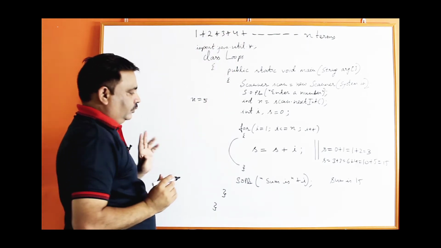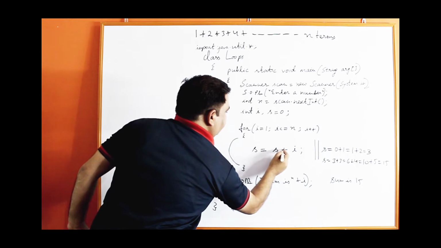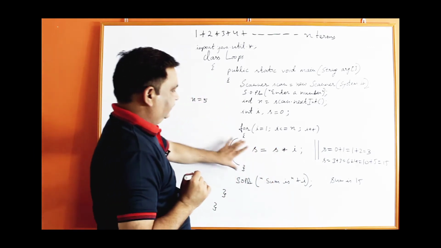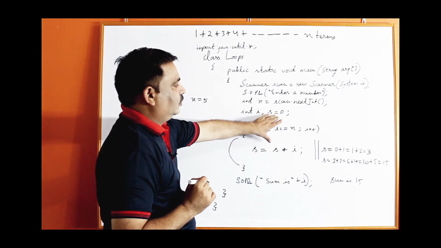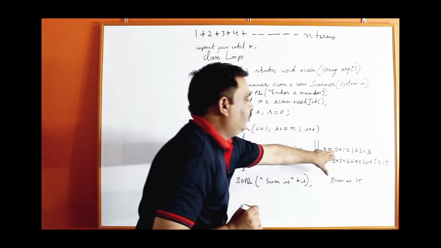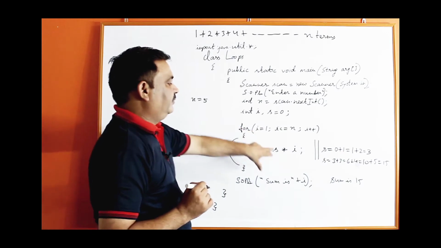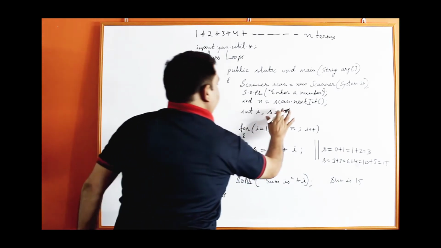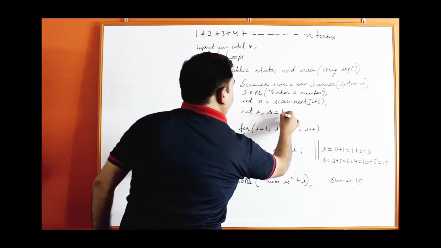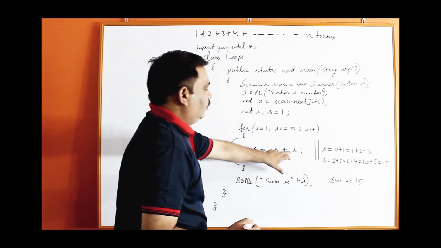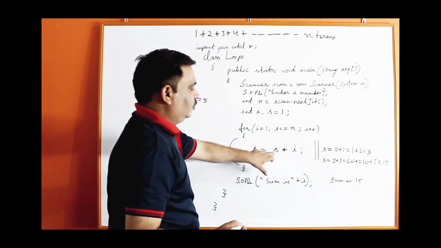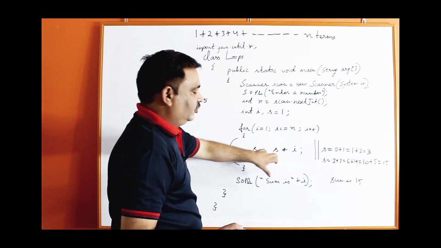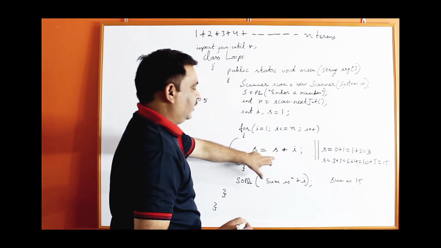Two changes you have to make here. First, in place of plus you have to write the multiply sign, but here s is 0. So, 0 multiplied by 1 will become 0, second time 0 multiplied by 2 will become 0. So, your s will always remain 0. So, in place of 0 take 1. Now, 1 into 1 is 1, second time 1 into 2 is 2, 2 into 3 is 6, 6 into 4 is 24, and 24 into 5 is 120.